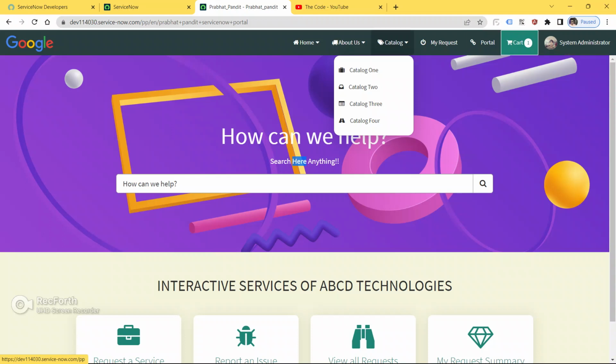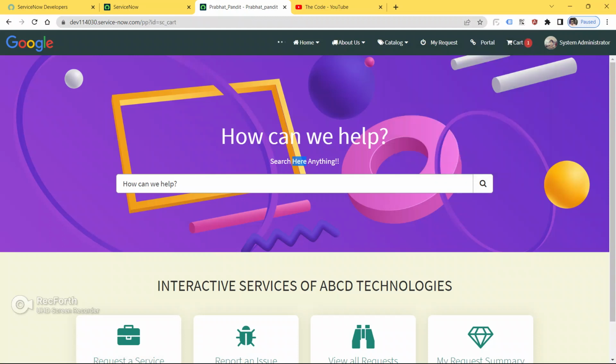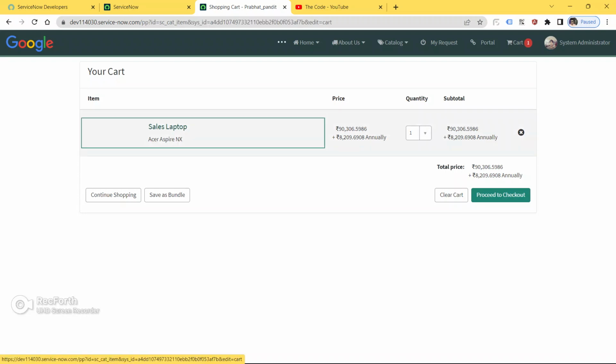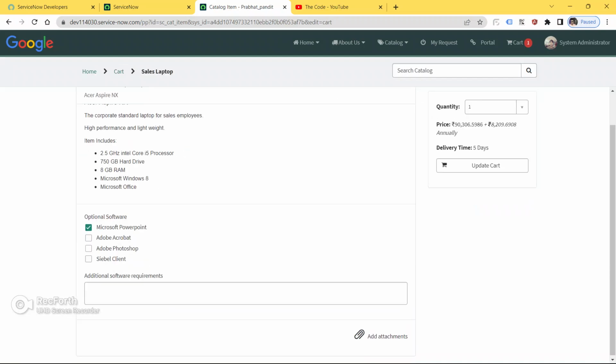My request, portal, cart. As of now I have one item in my cart, so let me go to the view cart now. As of now I have sales laptop. Let me click on the sales laptop now. Let me click order it.